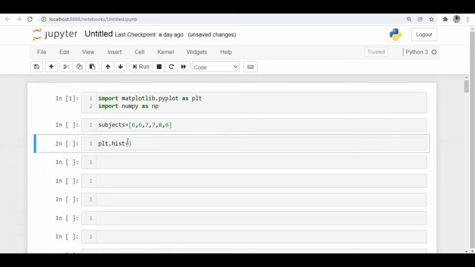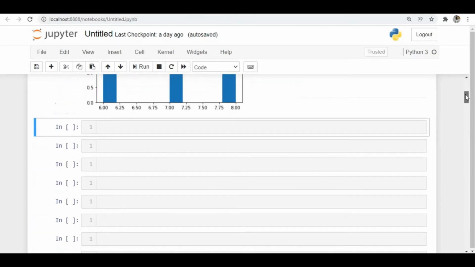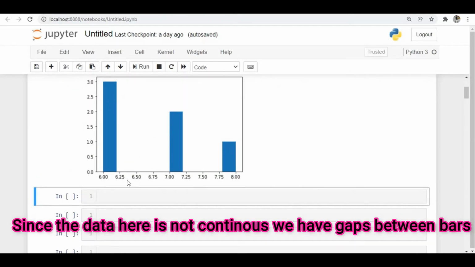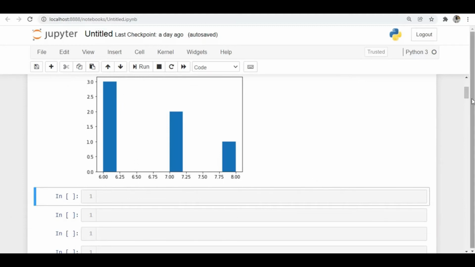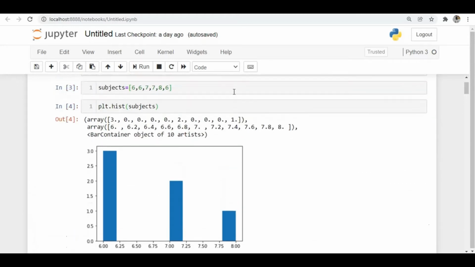First I'm plotting plt dot hist of subjects. You can see the example here. When I pass the 6 subjects and plot the histogram, you can see the plot here, plotted as a distribution. Here we have more occurrences of 6, right?